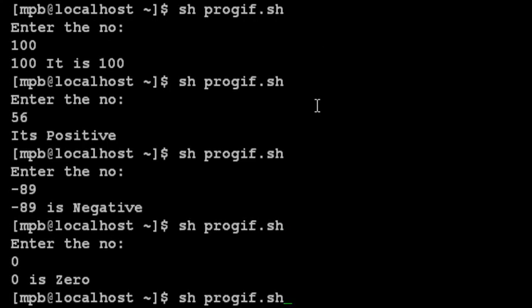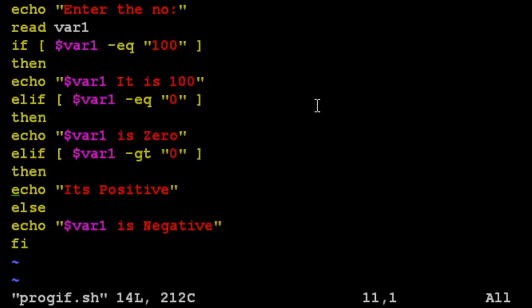So just observe the program. There are multiple elif statements. This is called an elif ladder. So here we have seen some basic concepts of shell script. Then we have seen how to write simple if else statement, and then with elif statement, single elif, and then multiple elif statements. I hope you all have understood some basic concepts of shell script and if statement. Thank you all.